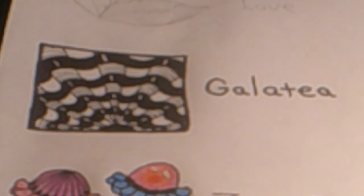And this is a Zentangle pattern, Galatea. I hope you give this one a try,